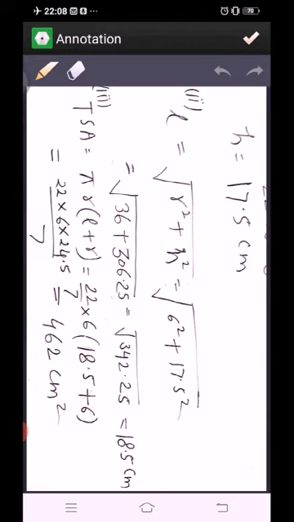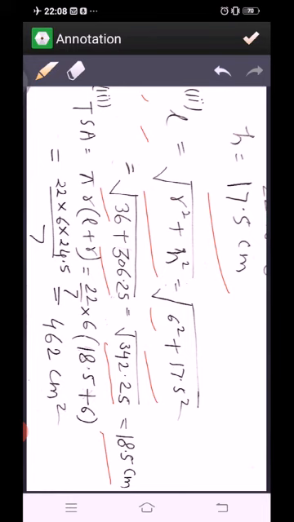We have got h equal to 17.5 centimeter. Then second part, we have to find its slant height. So L is equal to under root r square plus h square. Radius given 6, so 6 square plus h square, that is 17.5 square. So 36 plus 306.25, total add we get 342.25. So we get under root 342.25. Finding square root, we get 18.5 centimeter. This is our slant height.